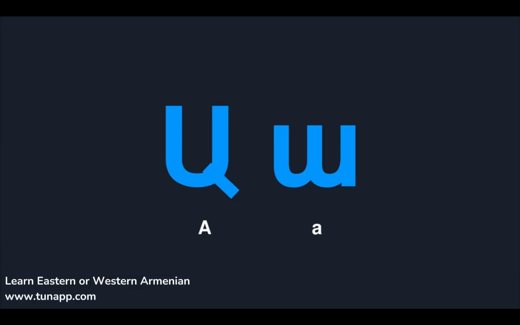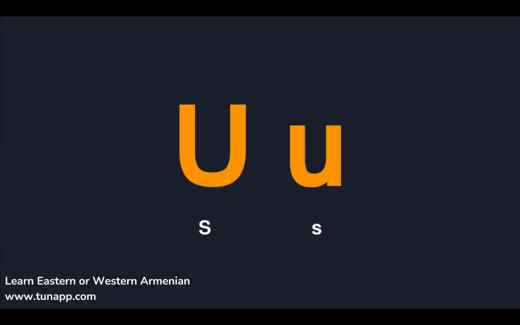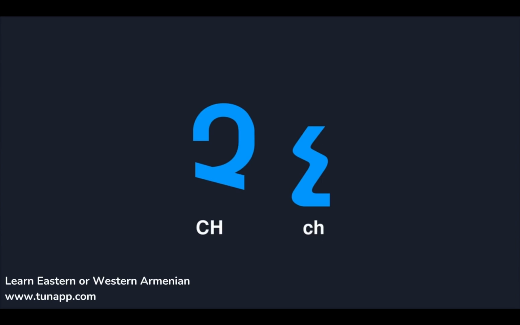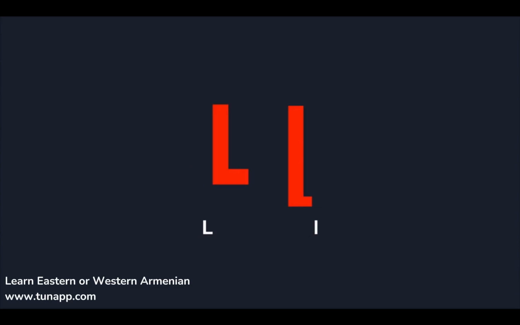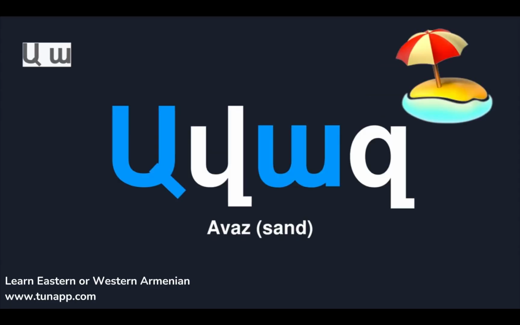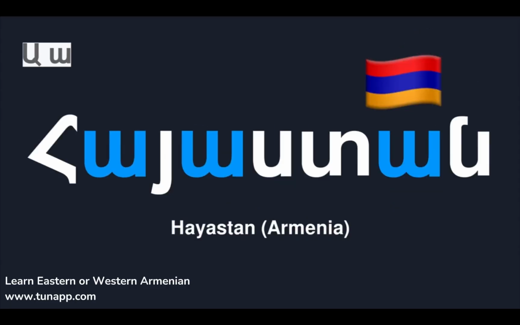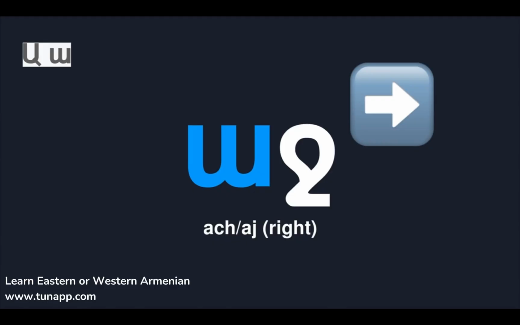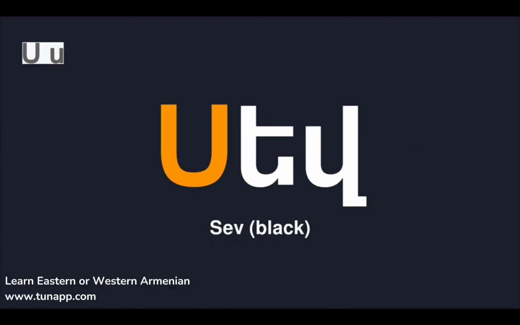We learnt the sound A. S. D in Eastern Armenian or T in Western Armenian. Ch. And L. And we also started to become familiar with the words Arev, meaning sun, Avaz, meaning sand, Hayastan, meaning Armenia, Ach, meaning salt, Ach or Aj, meaning right, Sev, meaning black,